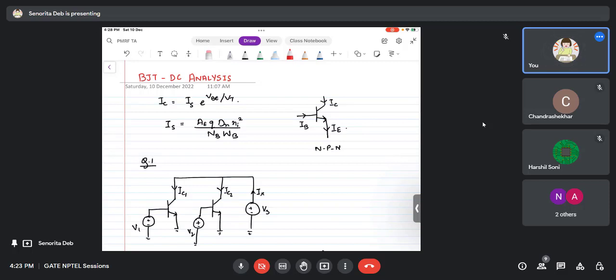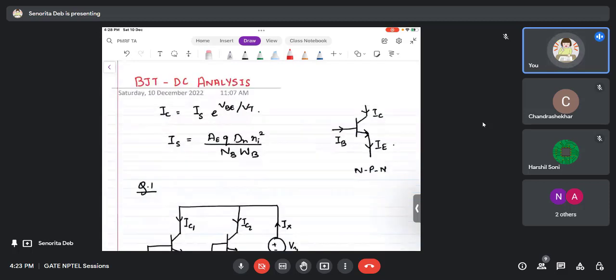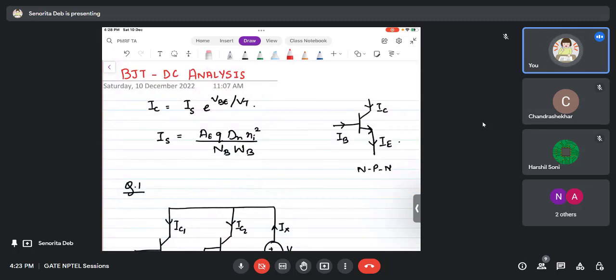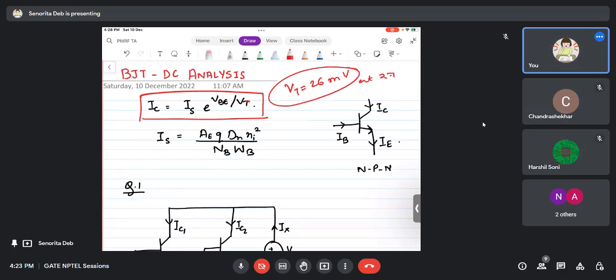Okay. So now you see there is one formula which relates the BJT collector current to the saturation current of a normal BJT. IS is the saturation current, VBE is the base to emitter voltage, VT is the thermal voltage, which is given as 26 millivolts at 300 degrees Kelvin. So that is your normal thing. VT, the thermal voltage, is 26 millivolts. Now